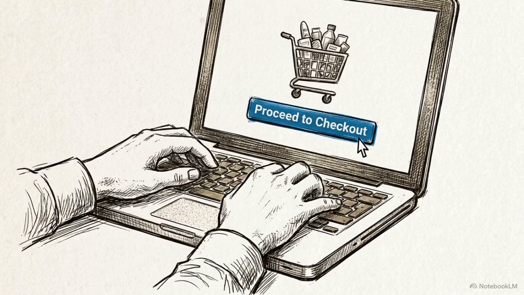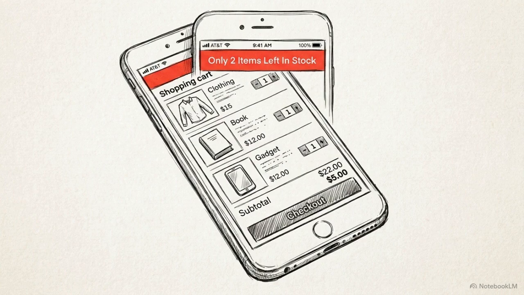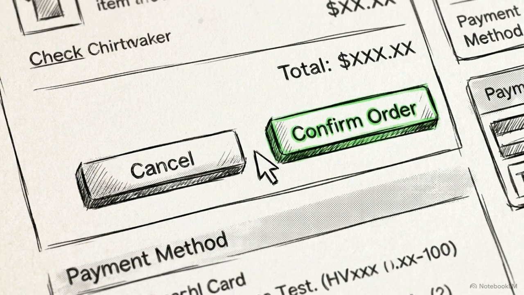On the opposite end of the spectrum is the closing group. Once buyers have high intent, you deploy the risk reversal to strip away their final financial hesitations with a strong guarantee. Or you use the urgency driver. By introducing a legitimate, strict deadline or a limited quantity, you force the prospect to make a definitive choice while they are on the checkout page.